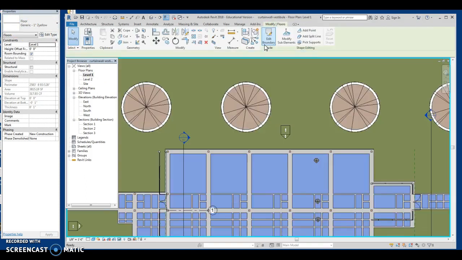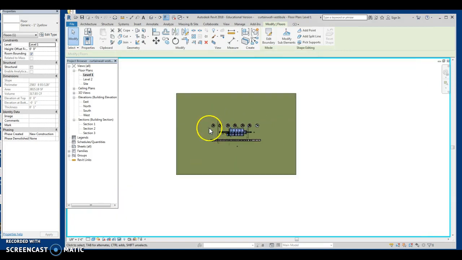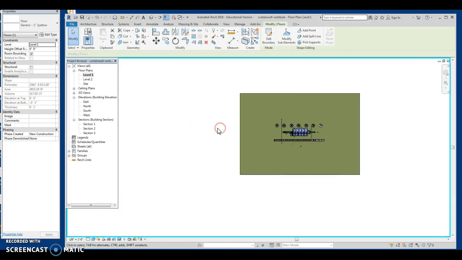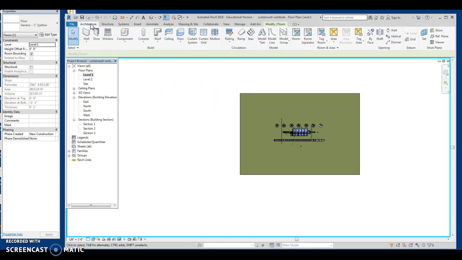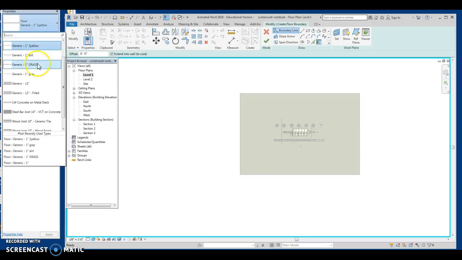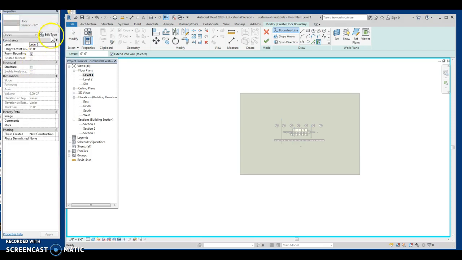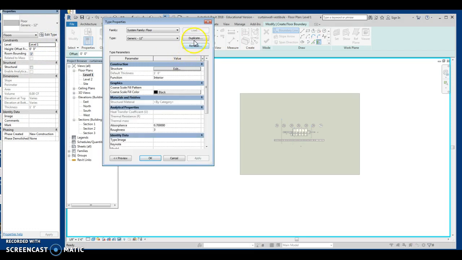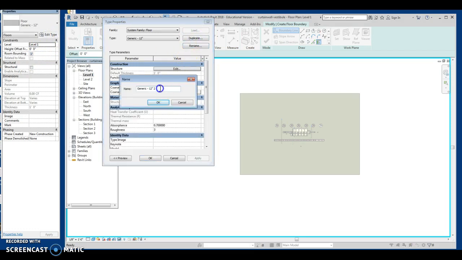So let me show you what I actually did. Off to the side, I'm going to create something very simple without any complexity. All right. So I'm going to go architecture, I'm going to go to floor, go here, and typically you have 12-inch generic. From that 12-inch generic, you can actually edit, duplicate, and you can call it 1-inch, whatever, and I called it 1-inch